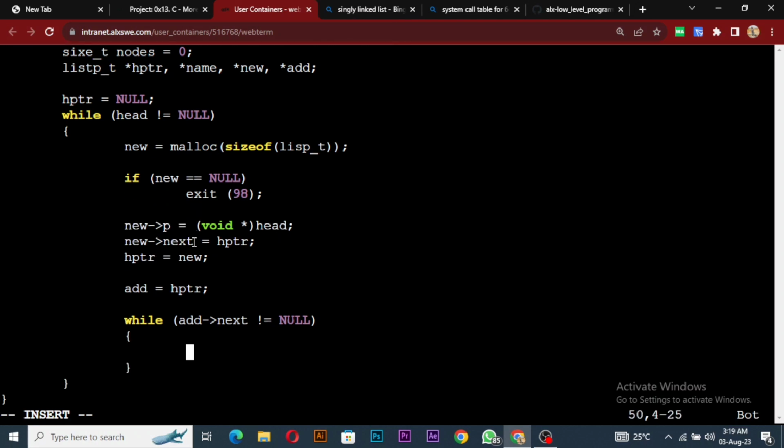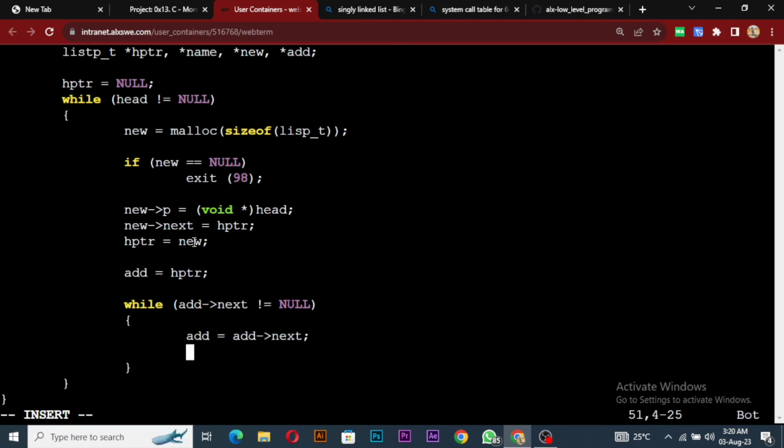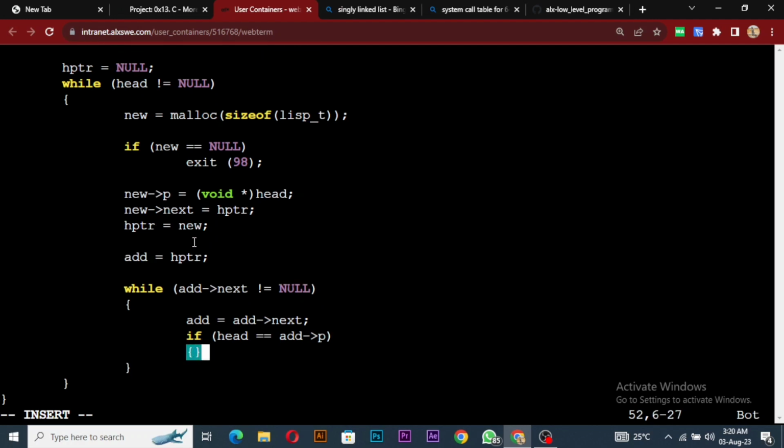As far as that is not equal to null, our add will equal add next. So if our head is equal to add p, then